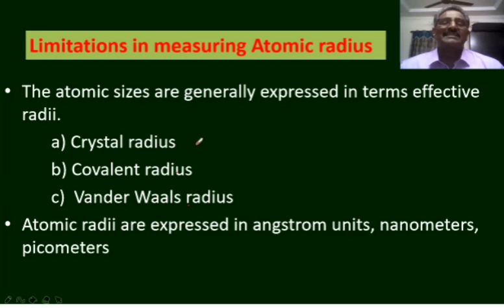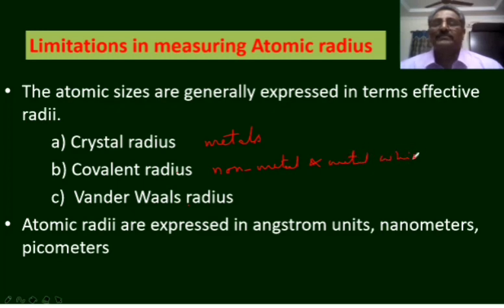The crystal radius is usually used for measuring the size of metallic elements, metals. The covalent radius is used for measuring non-metals and the metals which form covalent compounds,